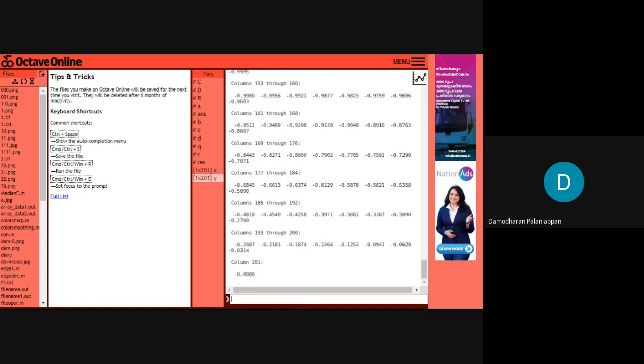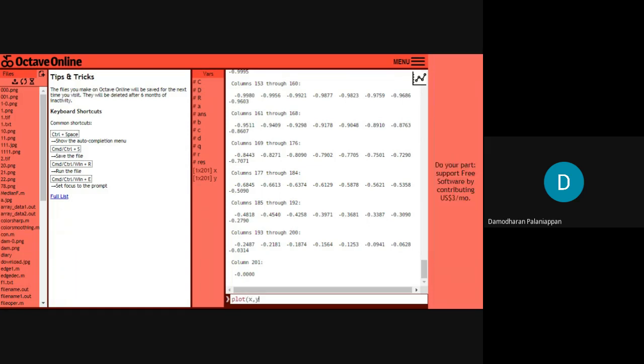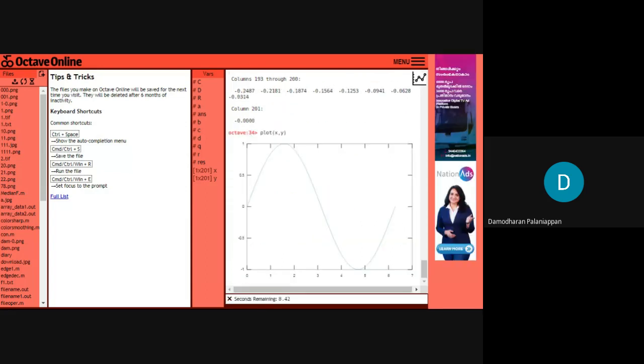You can see that the y value is also created. Now we have a huge set of data, x separately and y separately. Then you can try to plot the graph. plot x comma y, close it, enter key. Now we are able to see that the graph is generated.